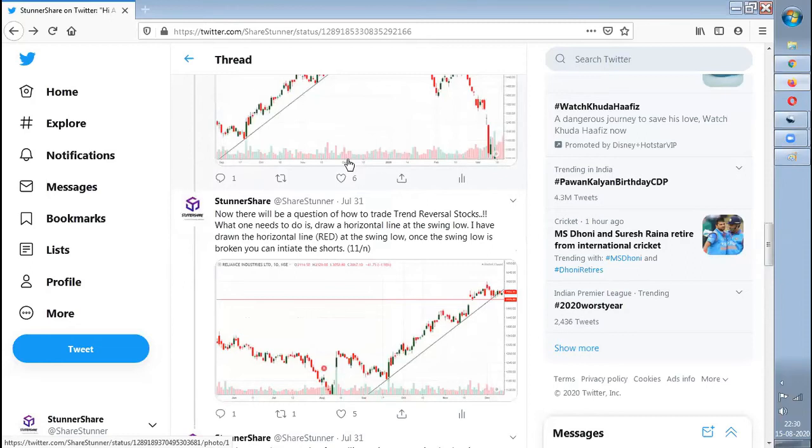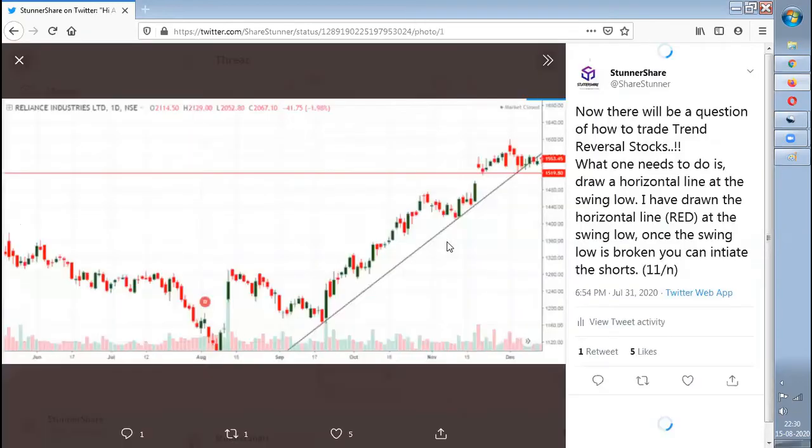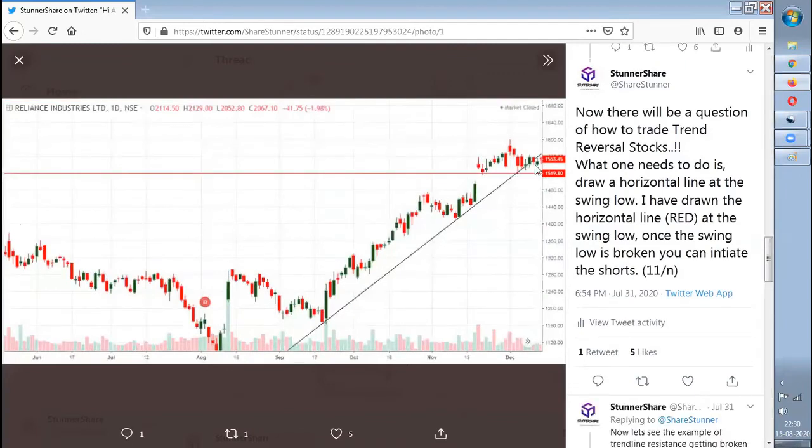For example, in an upper trend, the support has been broken, the support trend line has been broken. Now it is going to be for a sell side. Now we need to know how to trade on this stock. So now I will show you an example. The same chart, I will show you an example.